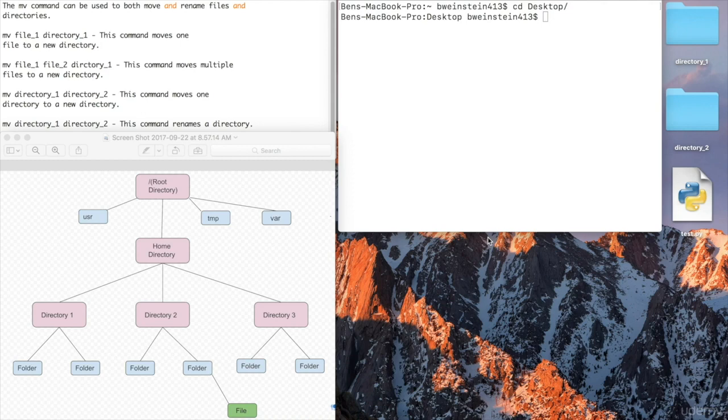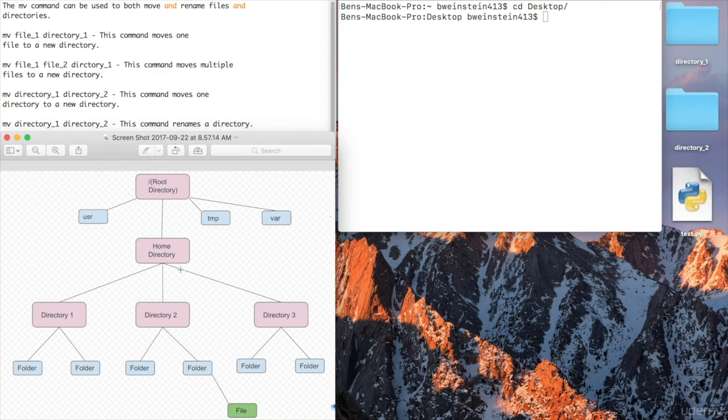If you have not done so already, please go ahead and open up your terminal and get into your desktop directory. And once here, let's come over to the left-hand side of my page and talk about this rendering. If you have already watched my lecture on the Unix file system structure, then this rendering will be very familiar. The purpose of reviewing this rendering is to help make the information that we are about to go over more digestible. So let's go ahead and talk about the rendering, and then we will use our mv command to move